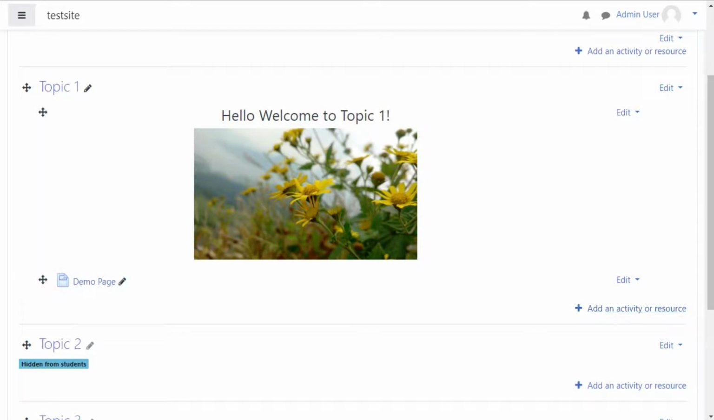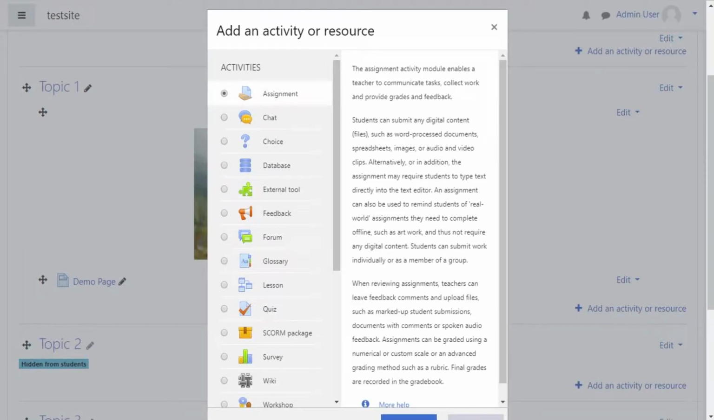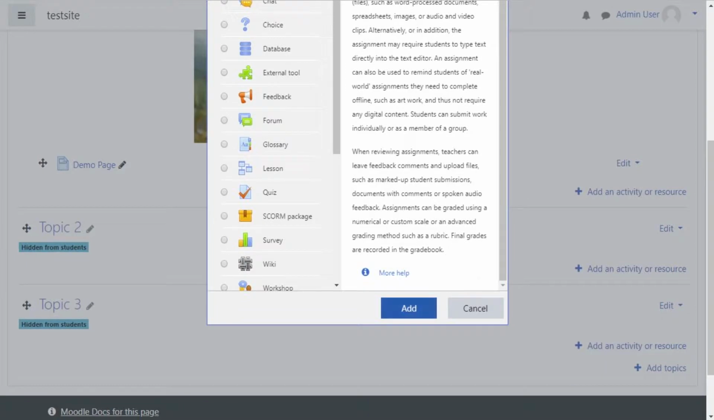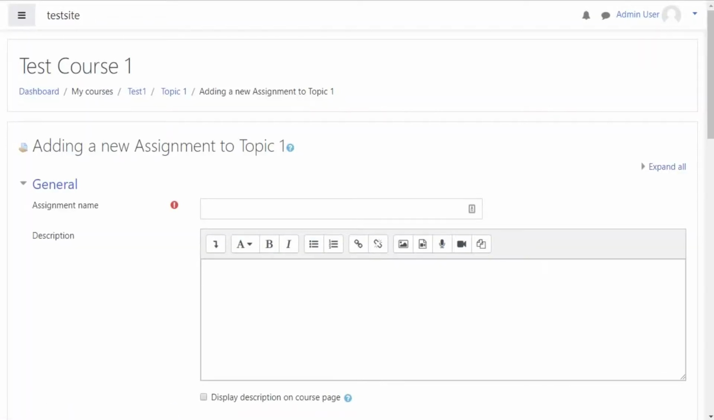So once again, we're just going to go down into our first topic, come here, and assignment is a very common activity, and it's commonly used in a lot of courses I've seen online. And so it's right at the top here, assignment. Now this is going to give us a way to make some sort of, not really interactivity, but a place where students can upload responses to a task. So let's just name this